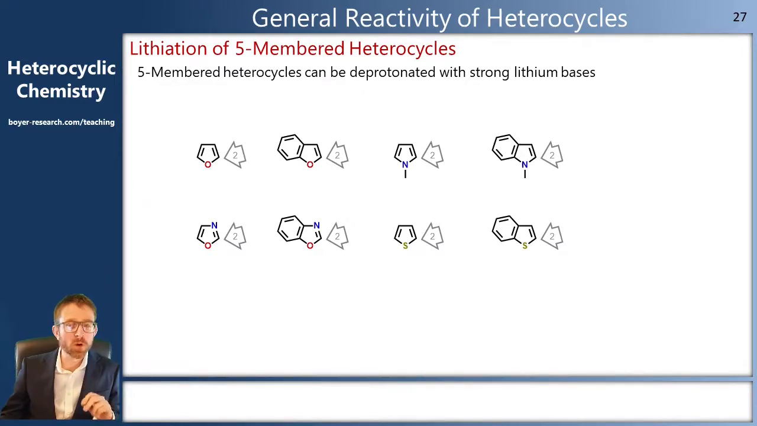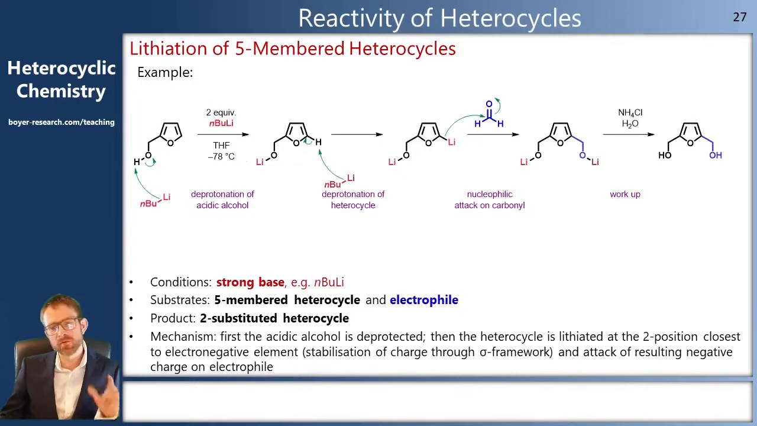And so we can remove one hydrogen from all of these heterocycles to give us a really useful lithium nucleophile. An example of this is if we take this hydroxymethylfuran. Now here we're going to need 2 equivalents of butyl lithium. The first equivalent will remove the acidic OH proton. Then the second equivalent selectively removes the proton next to that electronegative atom, so that if we introduce an electrophile